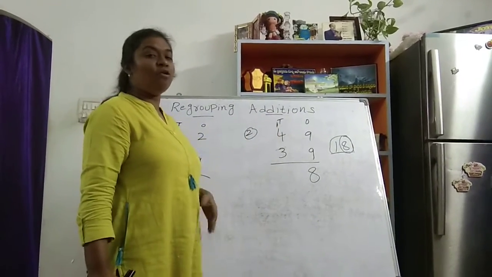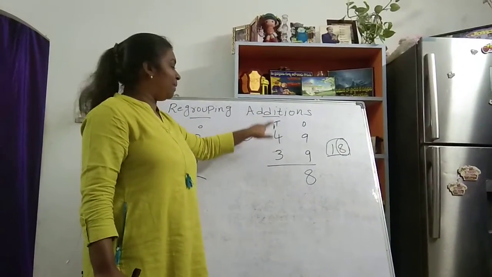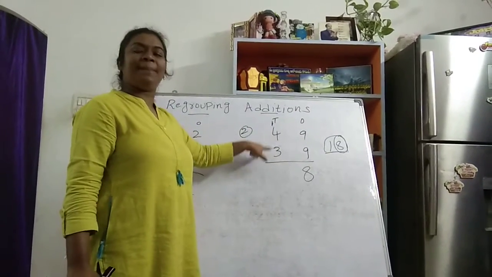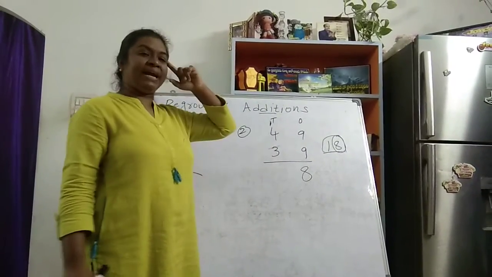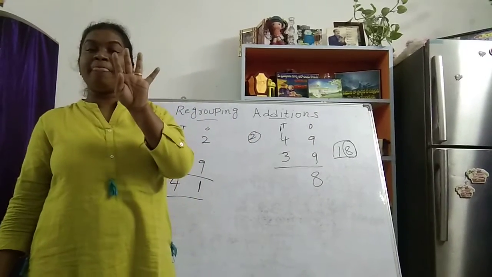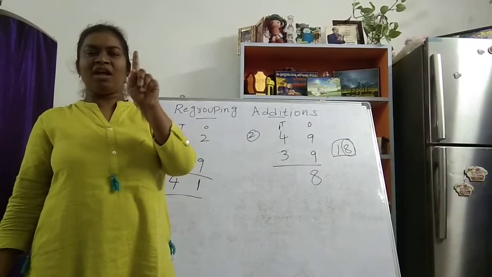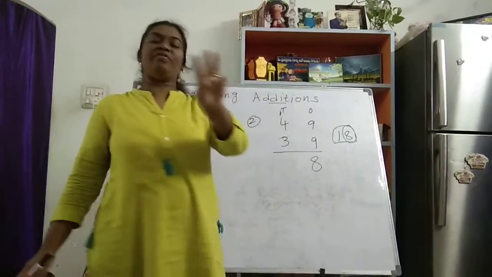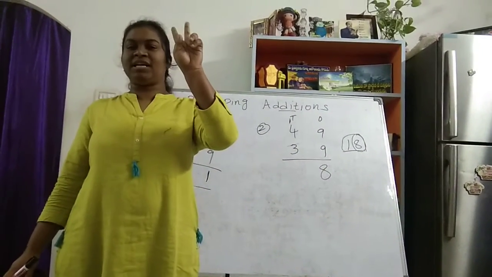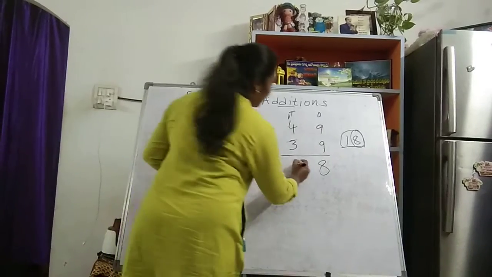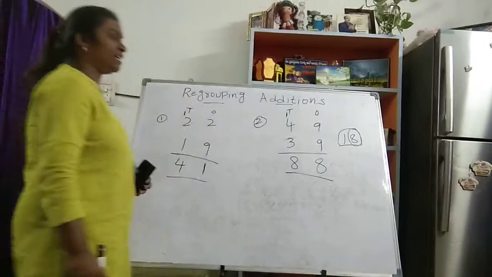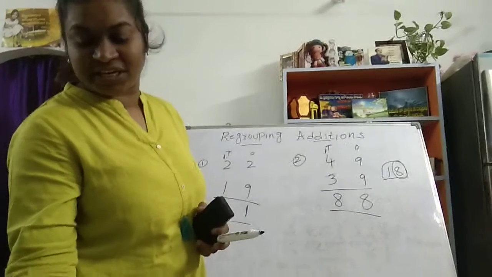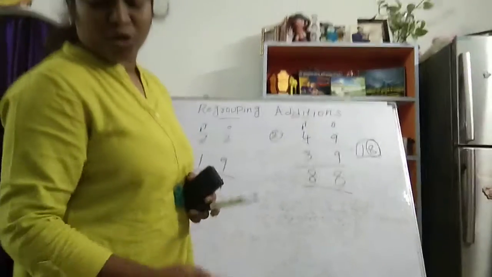Now you have to add 1 plus 4 plus 3. So 1 in the mind, 4 on the fingers: after 1, 2, 3, 4, 5, you got 5. Now put 5 in your mind and take 3 on the fingers: after 5, 6, 7, 8. So the answer is 8, so the answer is 88. This is called regrouping of two digit numbers, children.